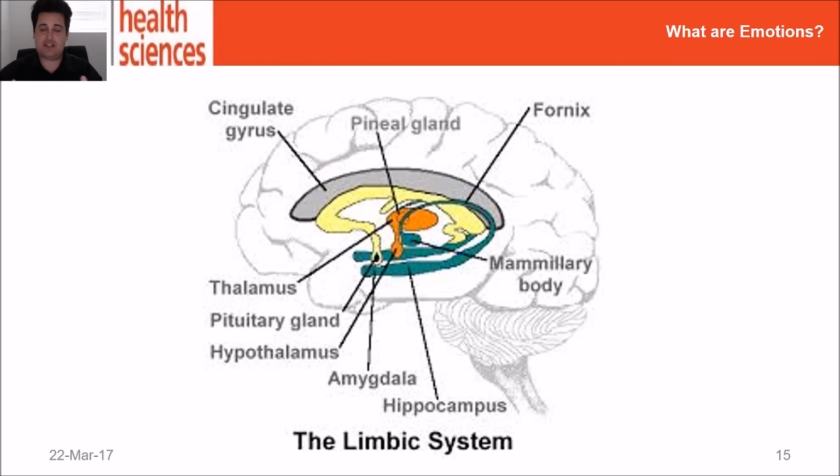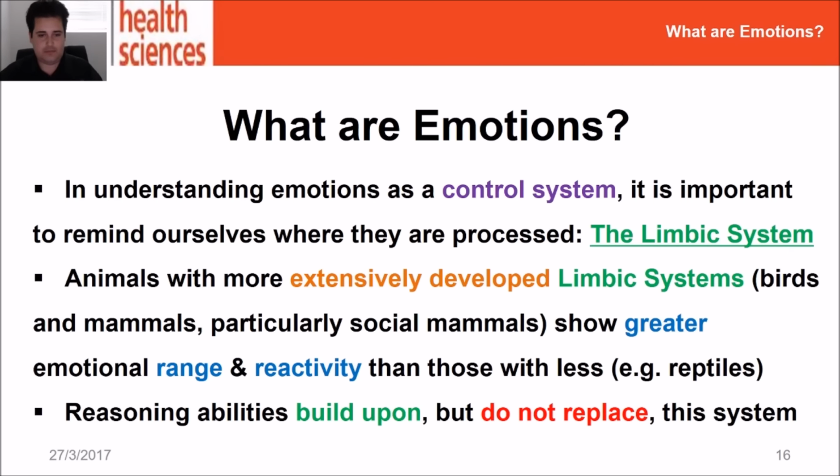So, this is just a side view of what that limbic system looks like. Again, we'll touch on bits and pieces of this later on: the fornix, the hippocampus, the amygdala, etc. But this is the region of the brain we're concerned with. The idea being that the most basic control system for any animal, and indeed especially any social animal, is this limbic brain, the repertoire of reactions and evaluative responses that their whole suite of emotions gives them in a